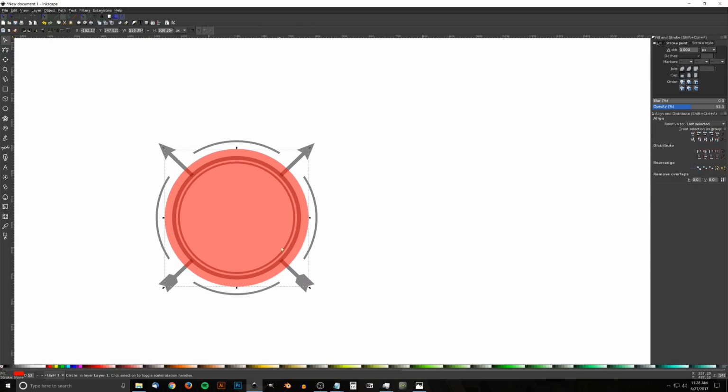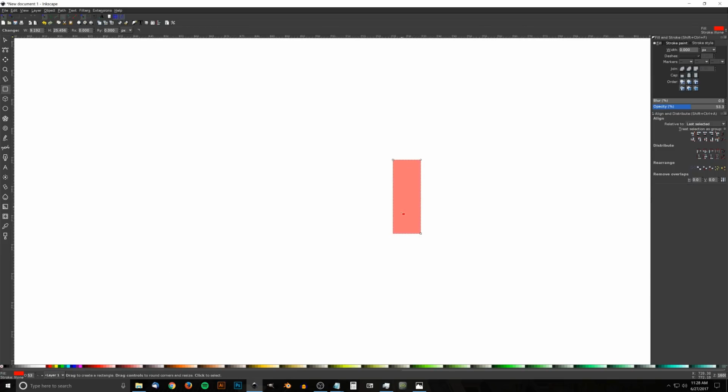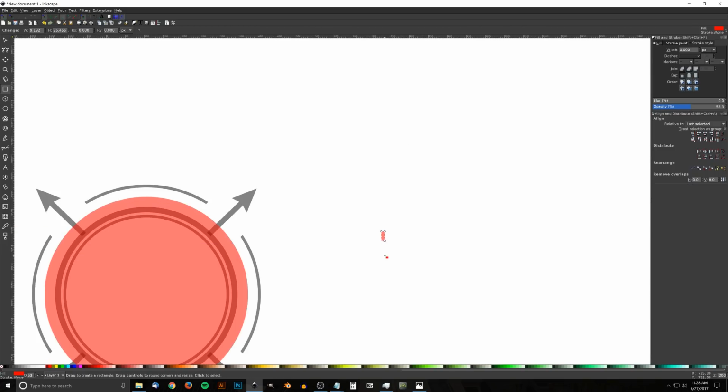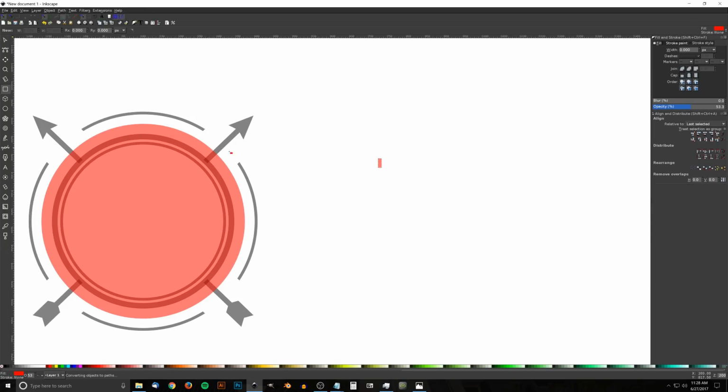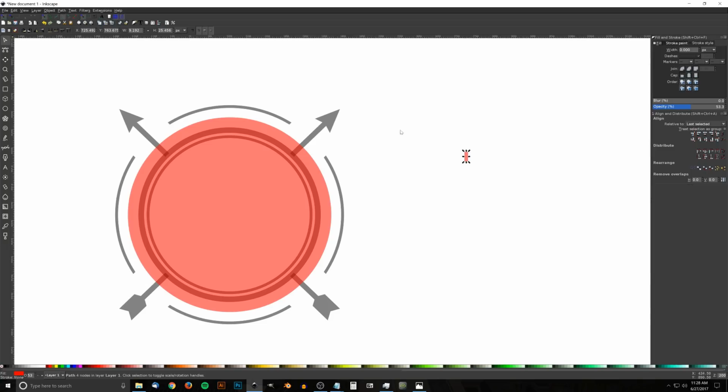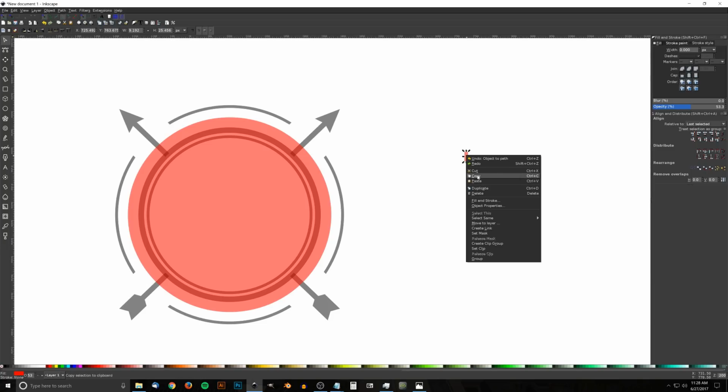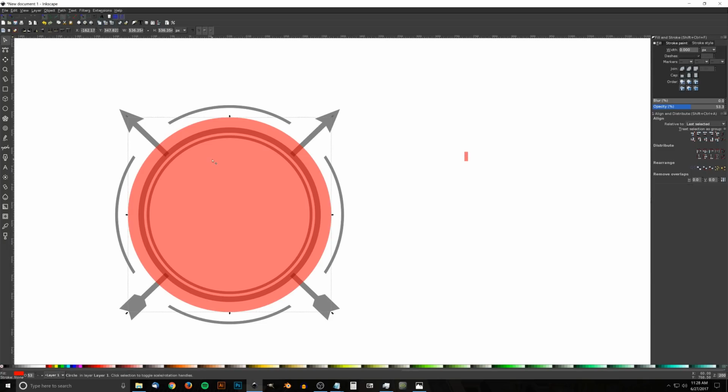So what I'll do now is I'm going to create a rectangle. Come to the Squares and Rectangles tool and click and drag to create a small little rectangle like that, that's longer than it is wide. That's pretty good. And we'll go to Path, Object to Path, and I'll go back to the Select tool, and I want to right click on this and go to Copy. And now I want to click on this red circle right here,